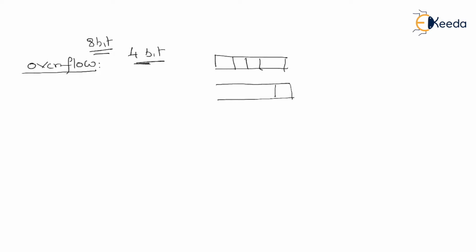Let me explain. For this, let me take two registers in the computer system which are of just 4 bits. Generally, a register is 8 bits, but in order to demonstrate it, I'm just taking a 4-bit register. So these are two 4-bit registers which have some values. Now, there are two things that you may need to perform. One is addition and one more is subtraction.